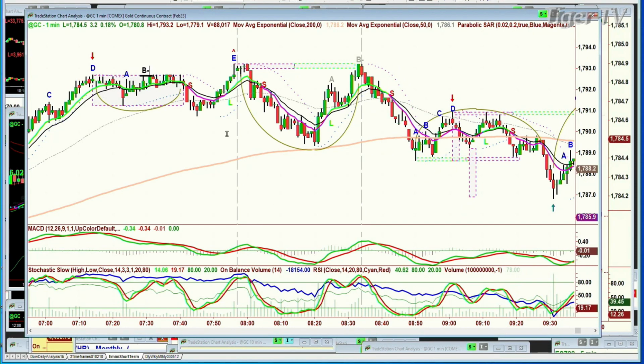And then look what happened. Look at this beautiful cup formation just above the 200-period moving average. It didn't even care about the 200-period moving average. The gold contract went to peak A and then a B minus and failed at the double top. Look at the vertical lines, how the stochastic went above 80% briefly and then turned down.